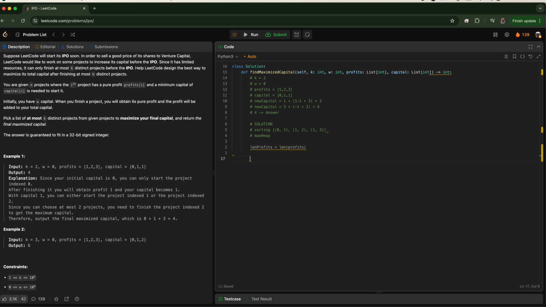And then what we said was we'll define projects as a pair, a tuple, right? And that can be done like this: